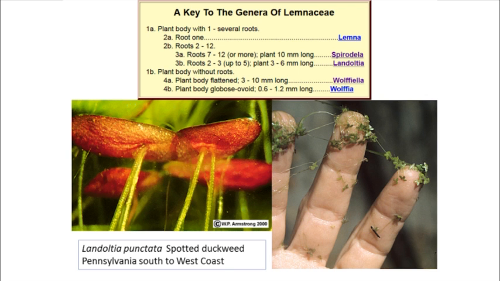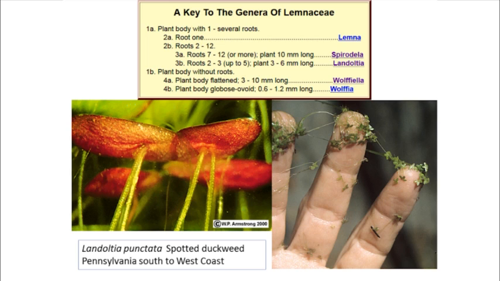Okay, you all know your duckweeds. You know what duckweeds look like, right? We often have 4 genera of duckweeds in New York: Lemna minor, Spirodela, Landoltia, and Wolffia. We don't have Wolffiella in New York. But